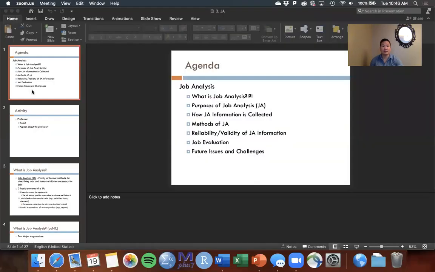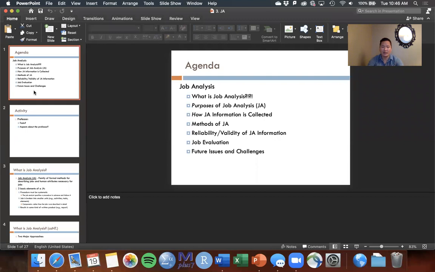So when I talk about job analysis, just to give you a preview of where we're going, it's the first major thing, because the next few things we'll talk about build on this. We need to do a job analysis, and we'll talk about what that is, before we can select employees or before we can see how employees are doing at their job.